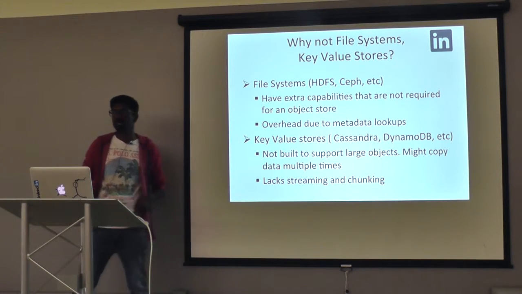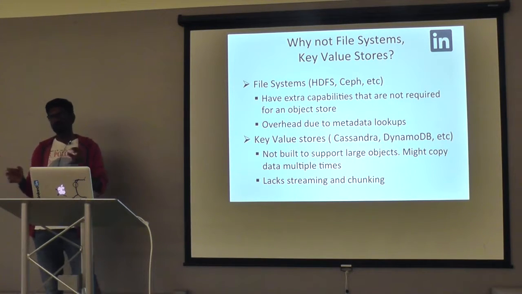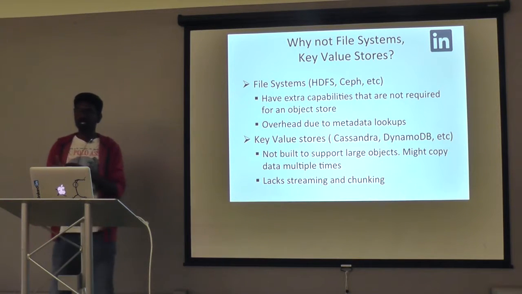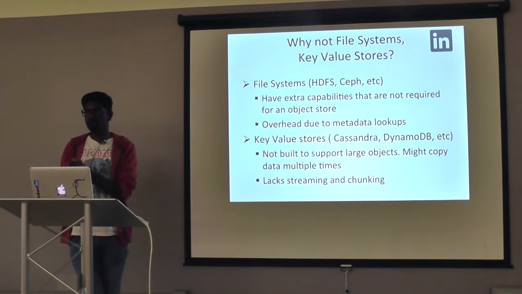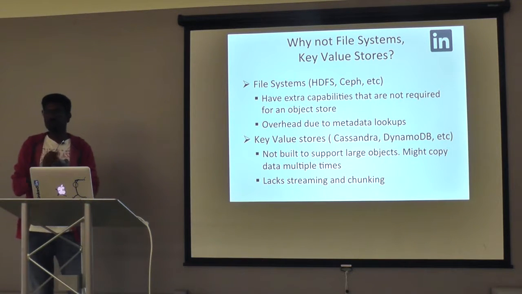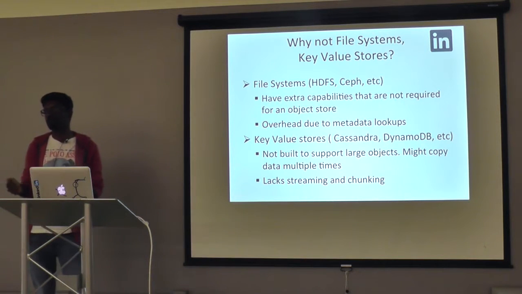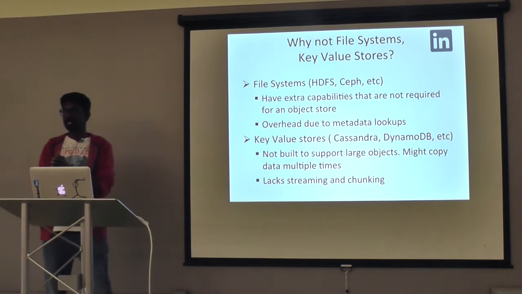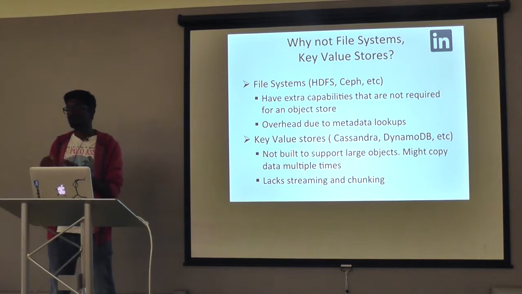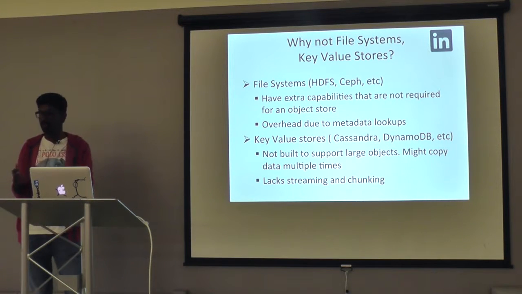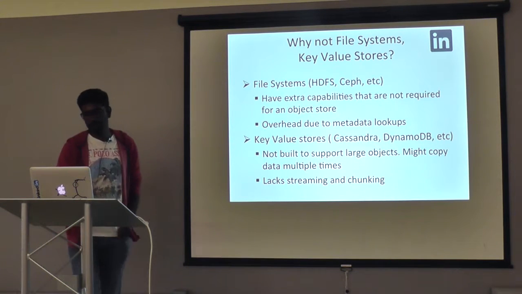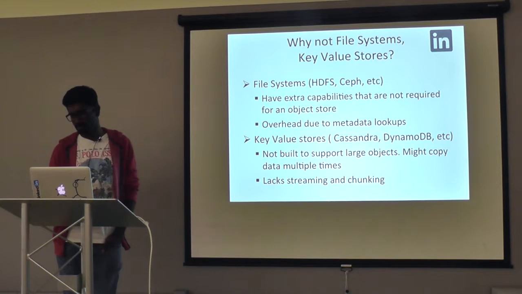What do I mean by streaming? Let's say you have multiple layers in your system, let's say 3 layers. The middle layer, after receiving the entire block, processes something and then sends it to the next layer. But if you model it in such a manner, your throughput and latency are going to be affected a lot. What I mean by streaming is, if someone is trying to upload a 1 gig object, the middle layer should get some amount of chunk, let's say a few megabytes, process it, and as and when it processes it, move it to the next layer. So these were the lacking points in the key value stores.